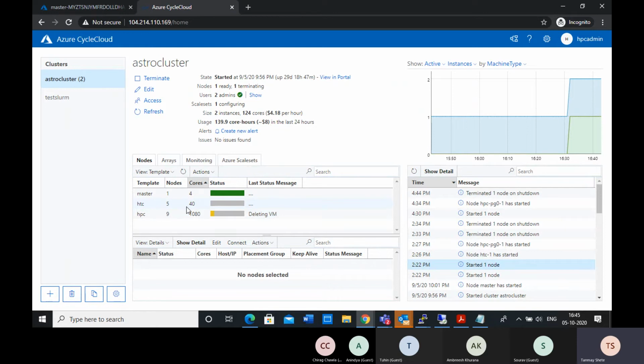What we thought is that for smaller problems where you don't need a lot of capacity, like 60 or 80 cores, you go for the HTC partition. If you have a problem which is less than 8 cores, a very simple problem, say a small analysis or some small computation, go to the HTC partition.